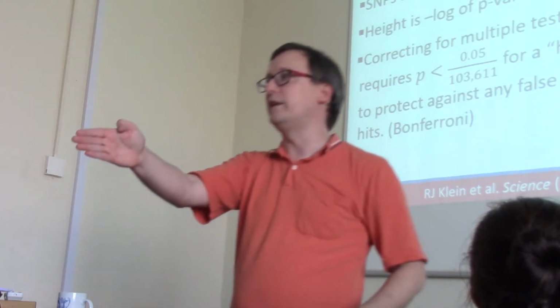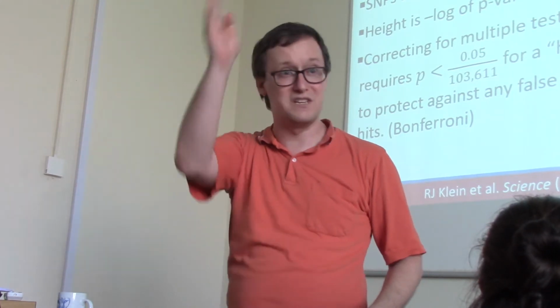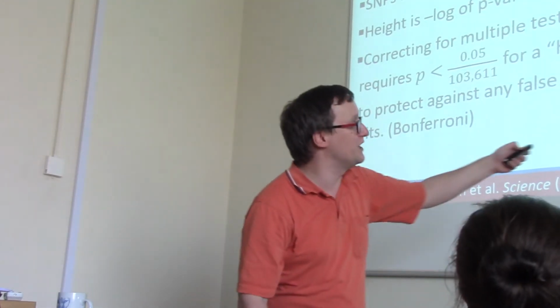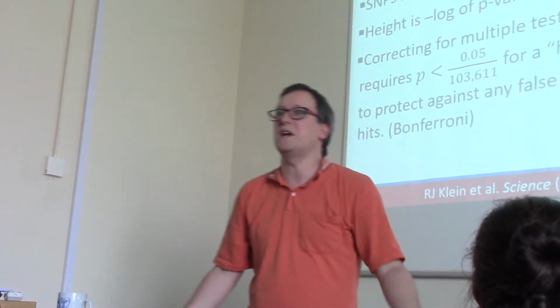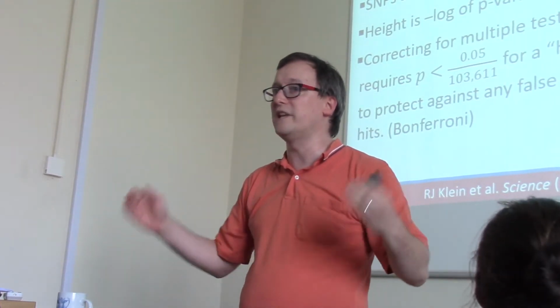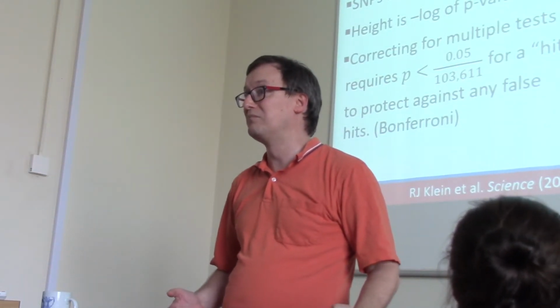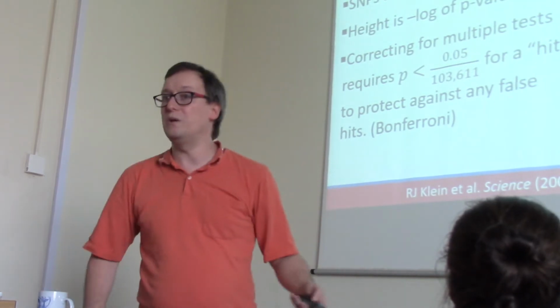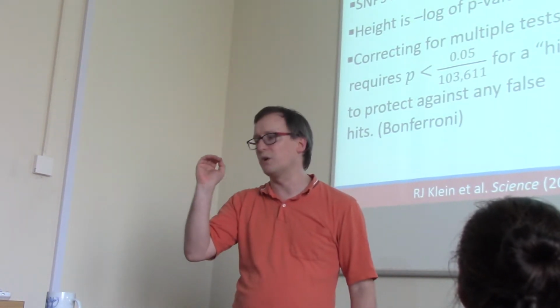For SNP number 1, do we see a difference? For SNP number 2, do we see a difference? For SNP number 3, do we see a difference? On and on until you've run 100,000 of these tests. Well, you would expect 5% of those to give you p-values less than 0.05 just by random chance alone. That's not very good. So we have to be much more careful, much more rigorous about what we're going to